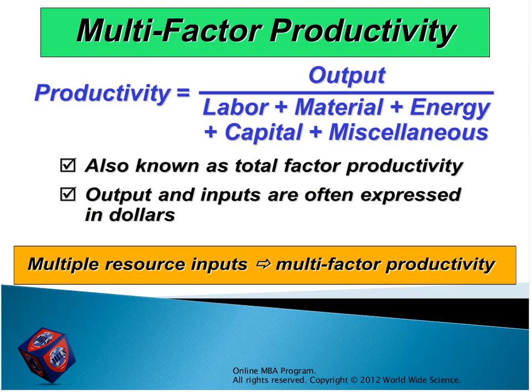Now we want to talk about multi-factor productivity. This is the general productivity that considers all of the materials, all of the items: labor, material, energy, capital, and